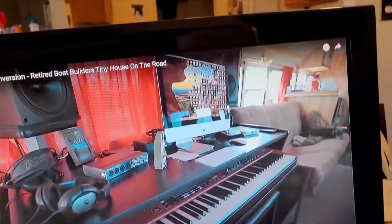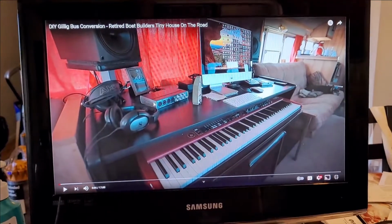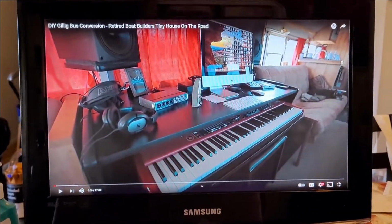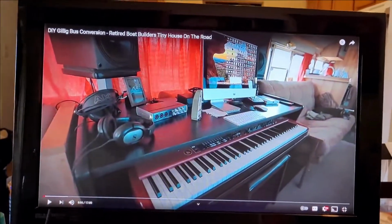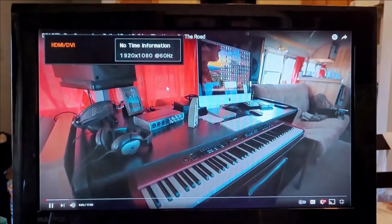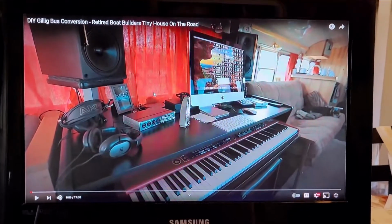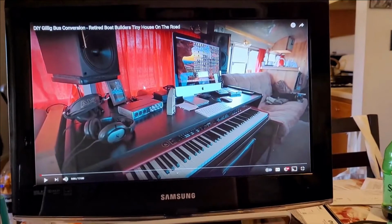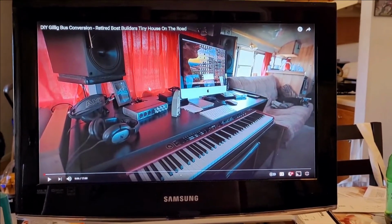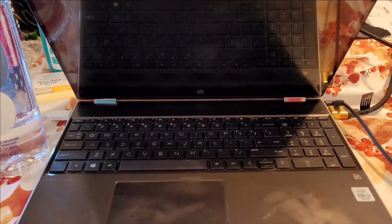And this old television that I put on the side is the one I used to use in my bedroom when I used to live with my mother. It was sitting in our bedroom closet for the entire time that we've been living here because we don't use it. Watching tiny homes on wheels videos and stuff on YouTube this morning, we decided to use this for my work monitor for now, until otherwise, if there's any otherwise. So I have my laptop,